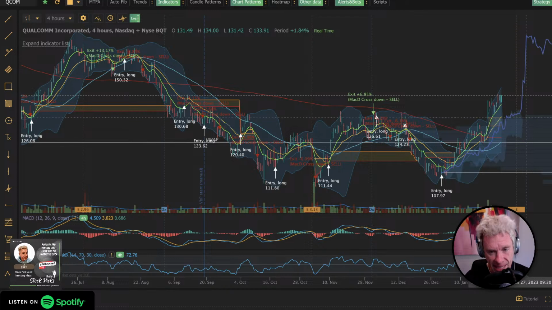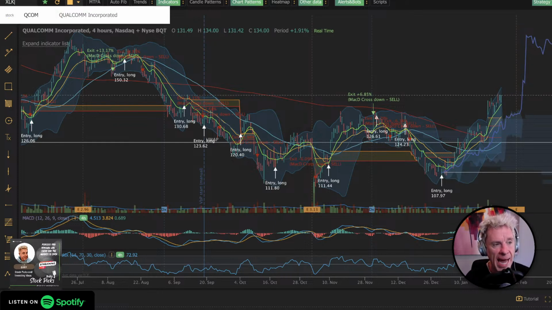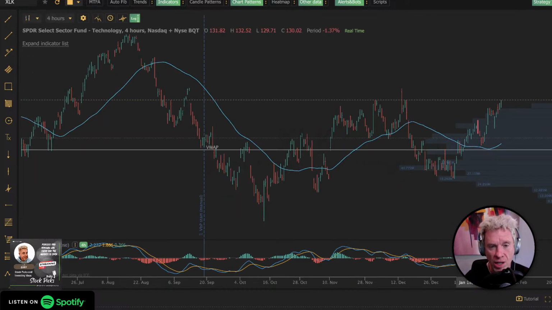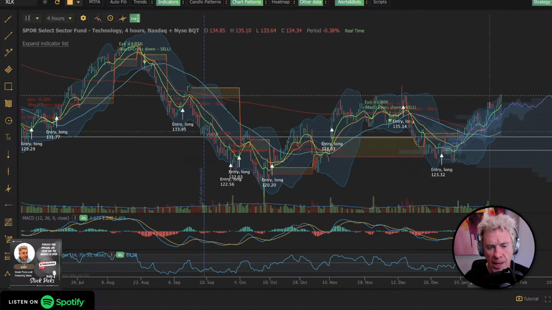You could see it gap down here to the 125 to 122. I think if it gets closer to that 200-day at 120, I think you pull the trigger. I think chips have just come out of this, and they're doing pretty well. XLK, which is the technology sector, on Monday we had a cross up. Going back to the 23rd, this one was trading at 131. You're at 136 now. Pretty good cross up.